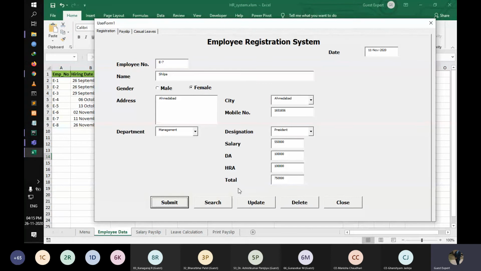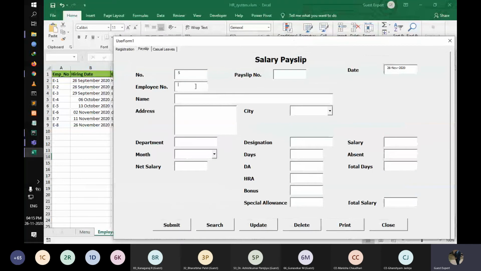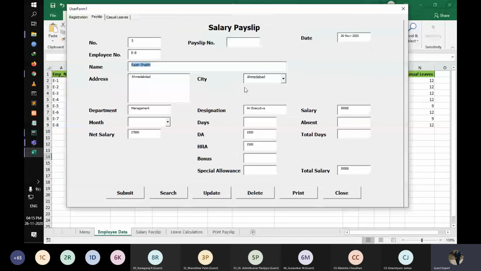Next, when you go to pay slip, we first need to populate the employee ID by using the employee number, and as you can see, by pressing the tab button, it gives us the values that are in the employee number. Now we start entering the values. Let's say I want to enter May, and once I press tab, it generates a pay slip number, and this is also a unique ID. If it repeats, it gives an error.